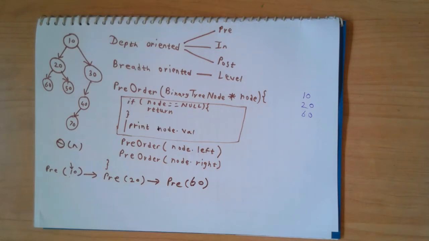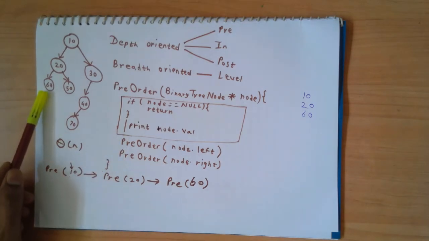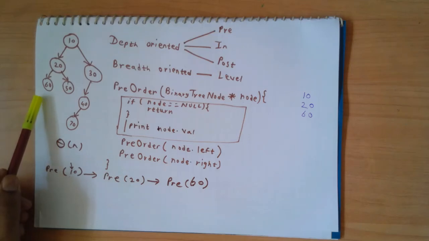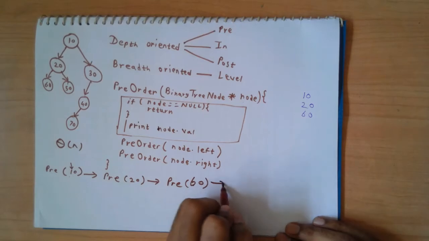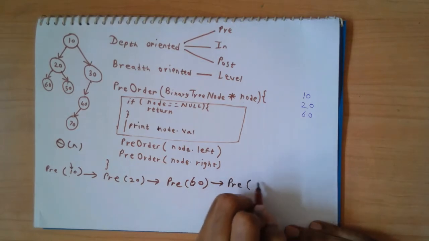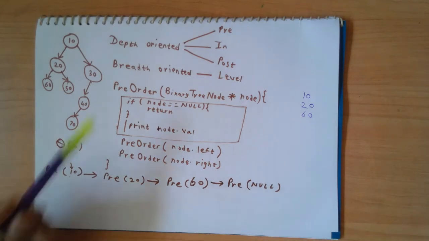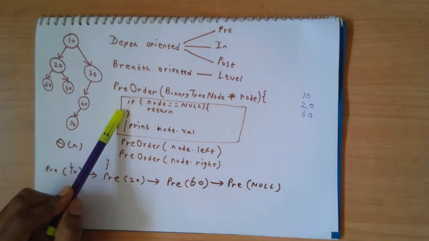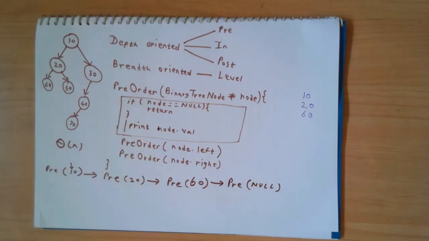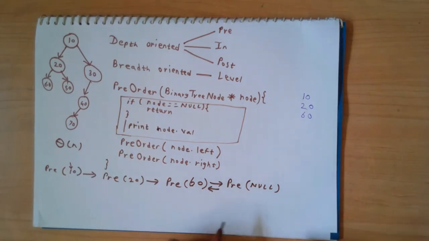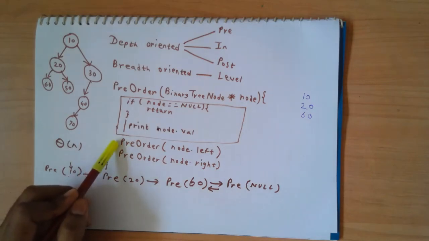And then we are going to do pre-order traversal on the left. 60 is a leaf node. So the left child is null. So now we are going to have pre-order traversal with null as the address given. And that's where this first statement is going to come in handy. If the current node is null, we are simply going to return. So now we are going to return, and remember where we had stopped? We had stopped at this place while executing 60.